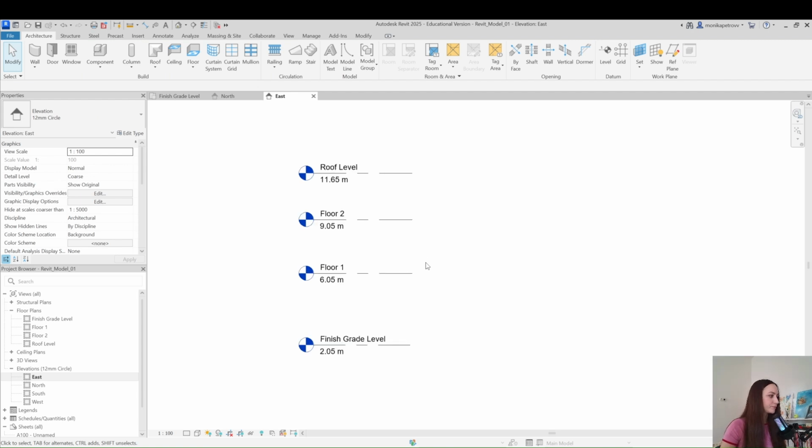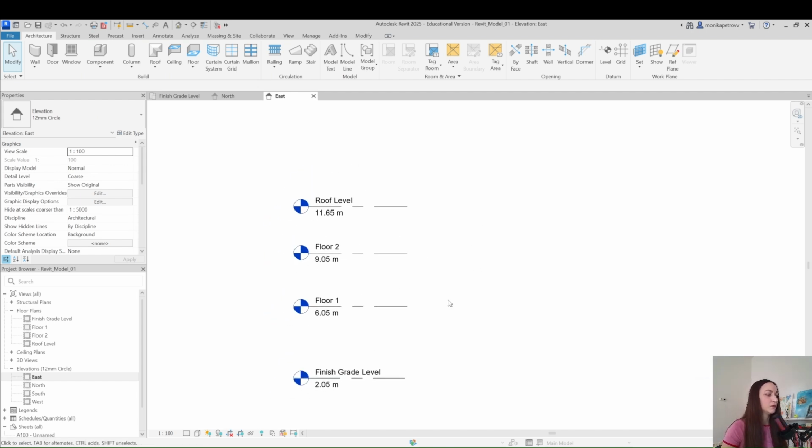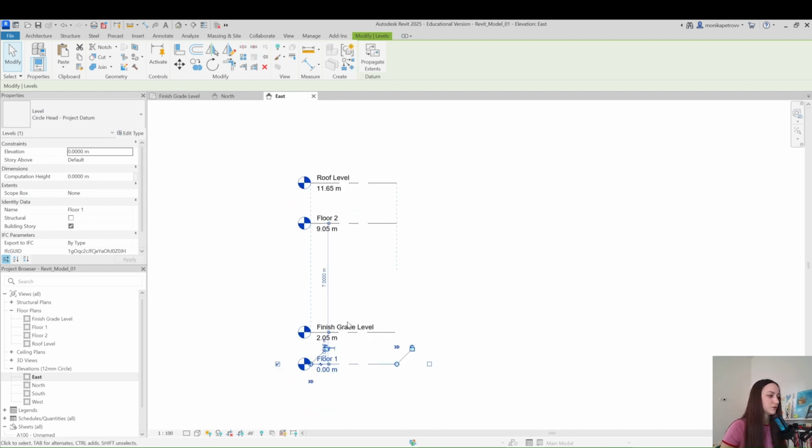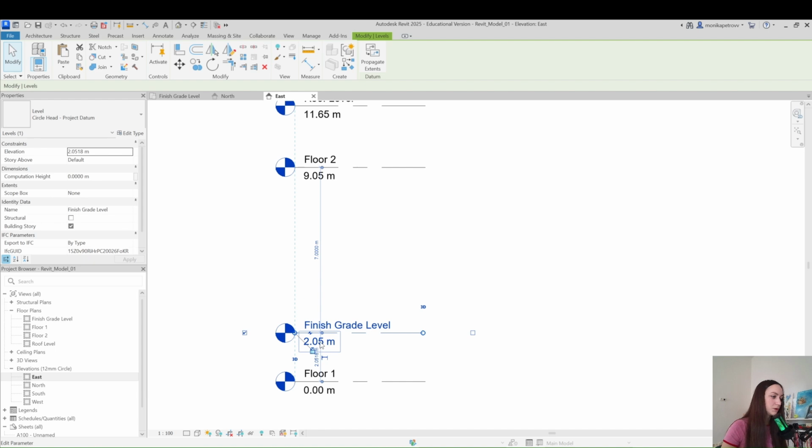Okay, so now we have to set at which elevation each floor should be. For example, the first floor I want to be at the zero elevation. The finish grade line, I want to be a little below that, so minus 0.4, let's say, for example. The second floor,